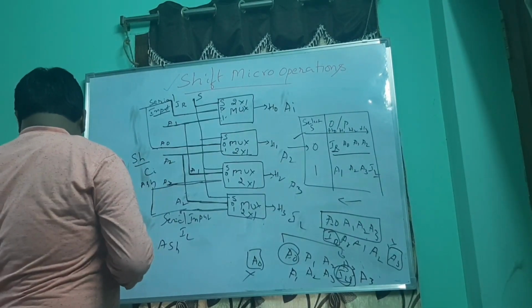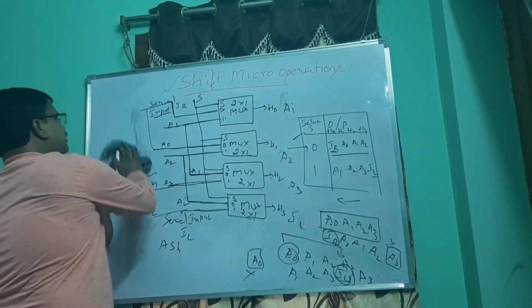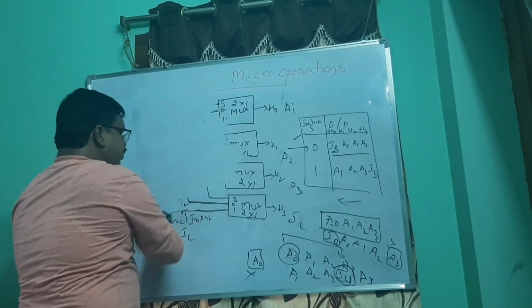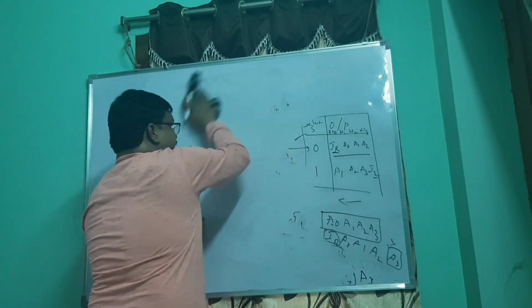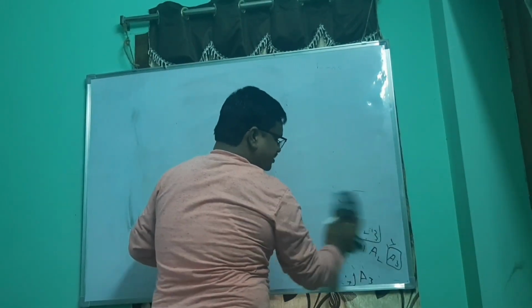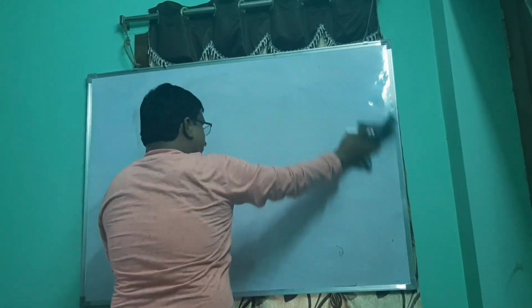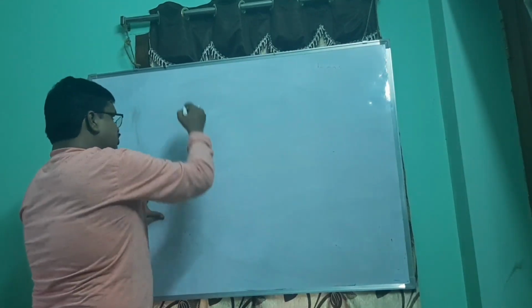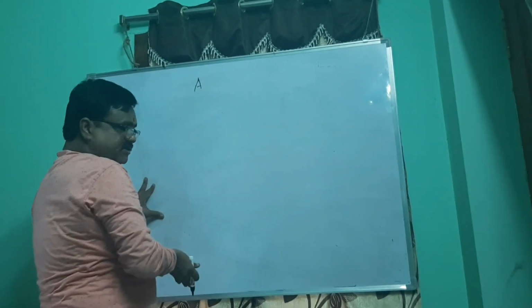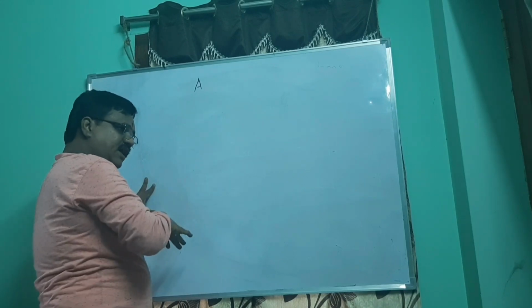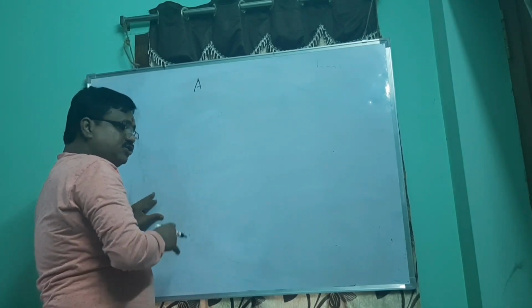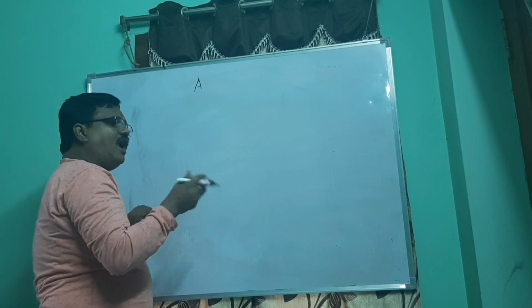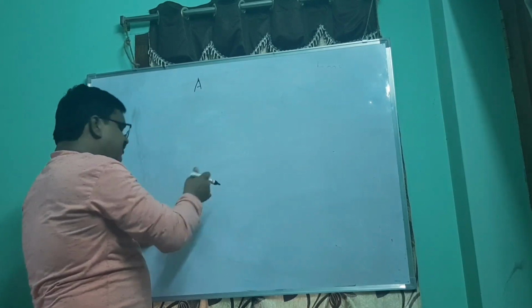Now, as we have given a lot of time for this session, we will discuss one common unit. As we have discussed arithmetic micro operations, for all the 8 types of operations we have discussed one circuit. And logical micro operations, there are 4 of them: AND operation, OR operation, NOT operation, and exclusive OR operation. And for shift operations also, shift left and shift right, either arithmetic shift right, circular or normal shift right, we have discussed one hardware. So, do we need to have 3 different hardware implementations for performing 3 different operations?